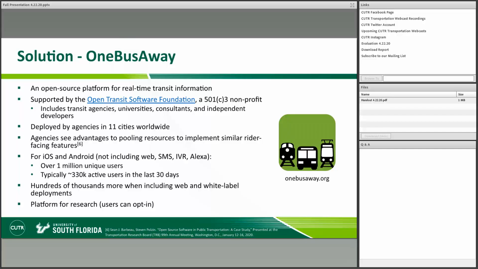And believe it or not, we actually had some users, prior to us starting this project, say they'd really like to be able to contribute data. They see this as a way of trying to help out the public sector transit agencies, and users, as we'll see, are surprisingly willing to opt in to contribute this type of data.